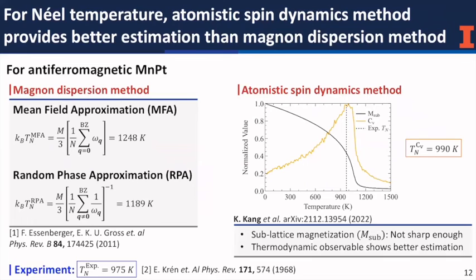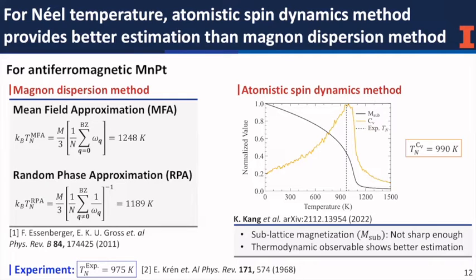And so now we move on to the excited state properties. The first thing we check is the temperature dependent property of the metallic antiferromagnets. The Néel temperature is a magnetic phase transition temperature from antiferromagnetism to paramagnetism, and it indicates the thermal stability of a magnetic device. There are two different approaches to estimate the Néel temperature.